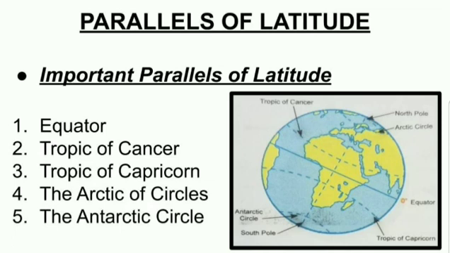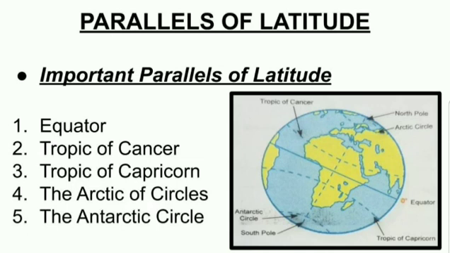So when the equator cuts the earth into equal parts, the north part of the equator is called the northern hemisphere, and to the south of the equator is called the southern hemisphere. See the diagram, children, the upper part of the equator is called the northern hemisphere, and the lower portion of the earth below the equator is called the southern hemisphere. So you understood what the southern and northern hemispheres are. In the info bubble box also it is given, the equator divides the earth into two hemispheres, the northern hemisphere and the southern hemisphere.